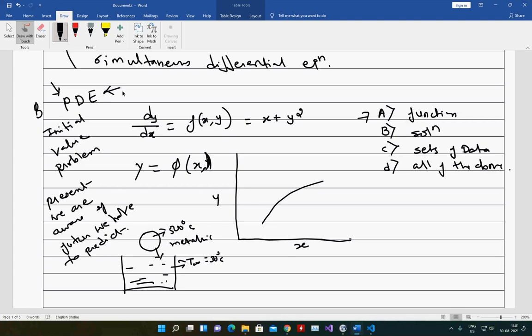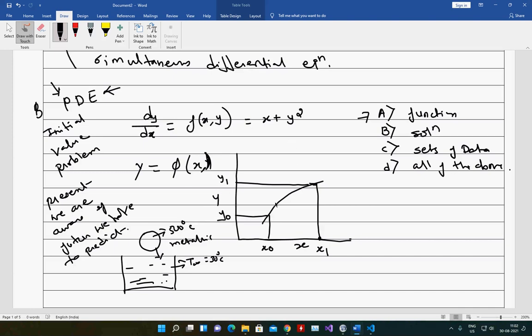That is the later part, related to boundary value problems. For an initial value problem, I am aware of x0 and the corresponding value of y, that is y0. Now I have to find the value of y1 at x1. So at x1, what is the value of y1 in the future? This is what I have to find out.